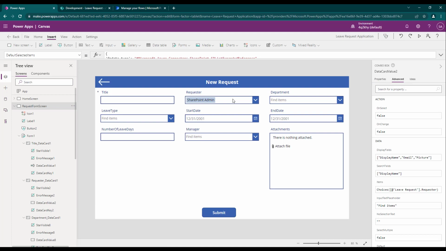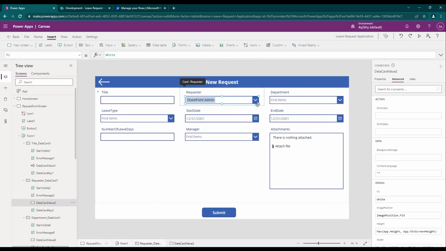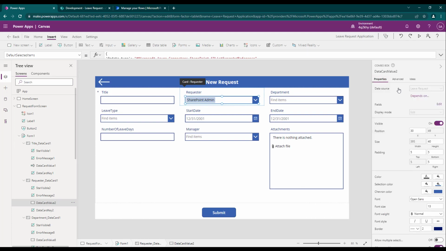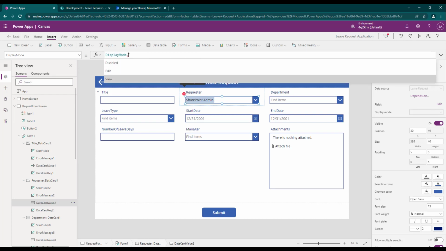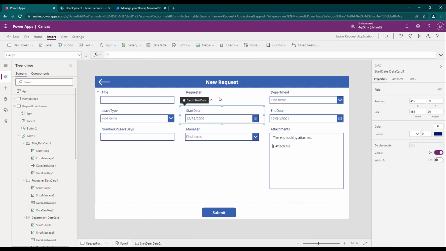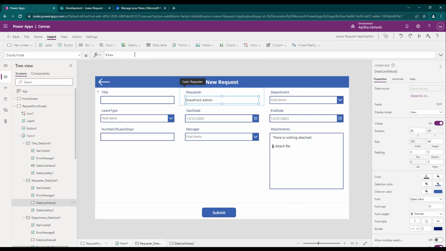So we might also want to restrict people from making changes to the name that was selected here. So it automatically selects your name, but you're unable to change it. So how do we do that? We just go to the display mode and change the display mode from parent.display mode to change it to .view or .disabled, whichever one that you know. So dot view just looks like this, or we can make it dot disabled,